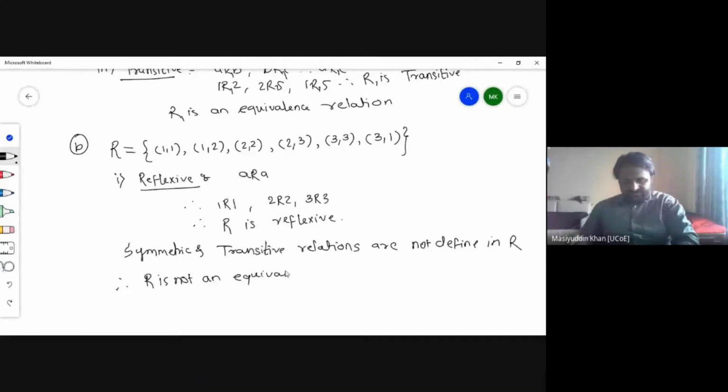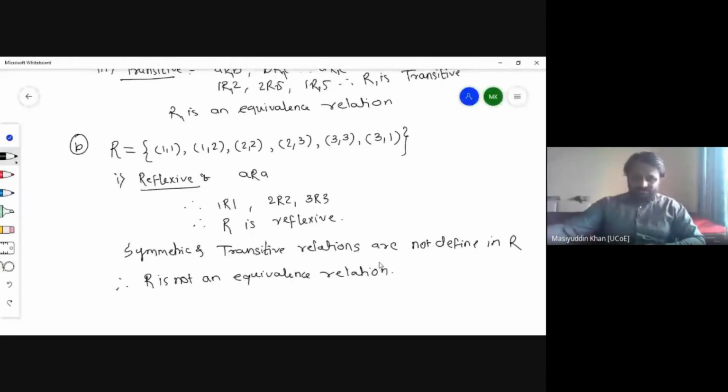Equivalence relation. So this is just a question. We just define whether this is an equivalence relation or not. You must understand how to define such a kind of relation, because it is a very easy question. Yesterday we solved one more question about reflexive, symmetric, transitive. You must understand how to tackle such numericals.